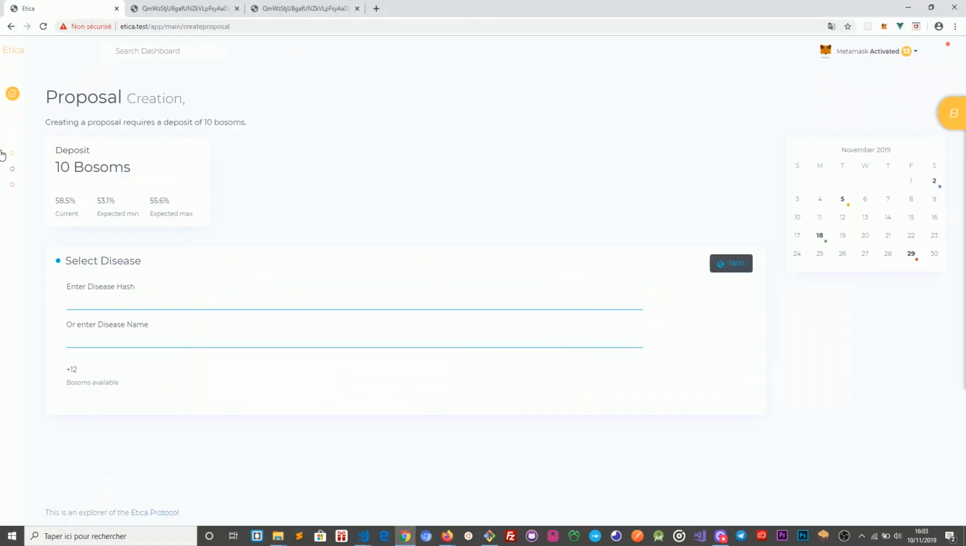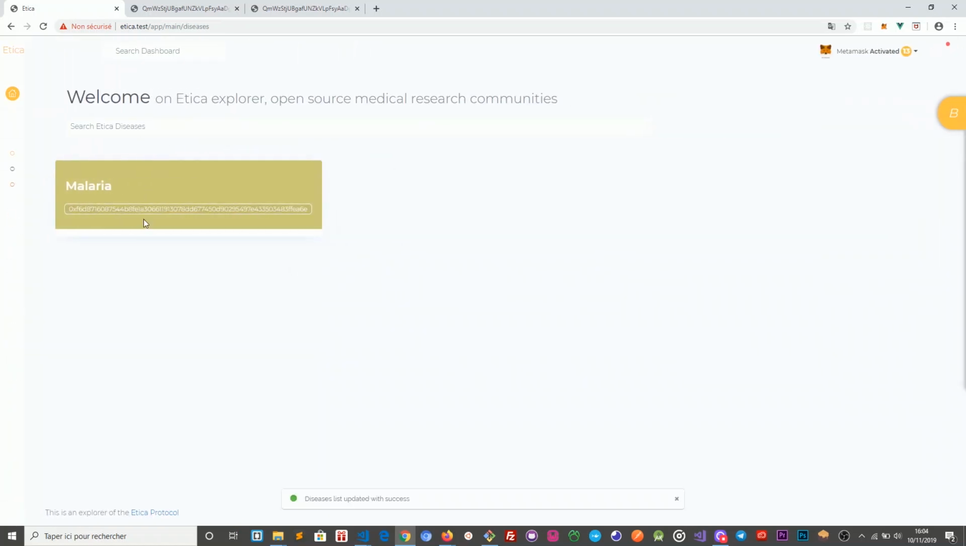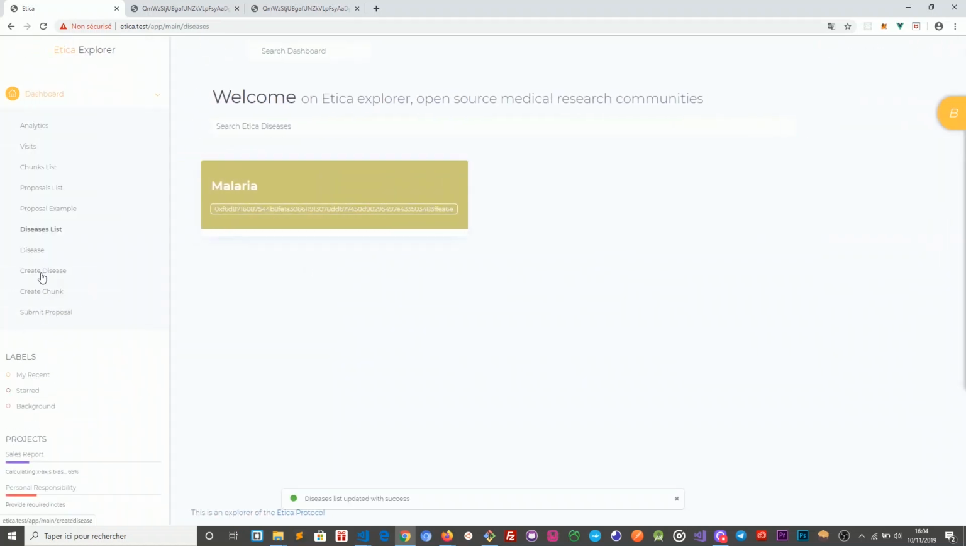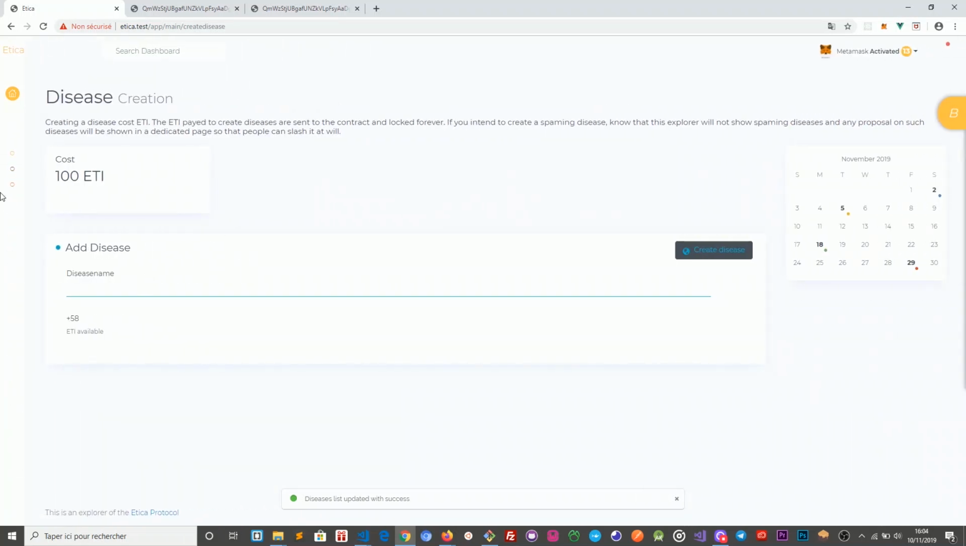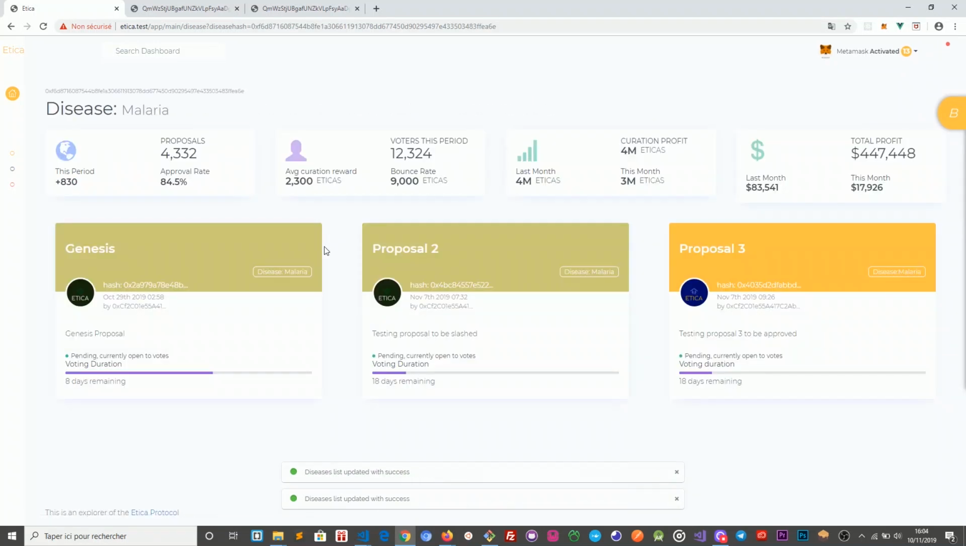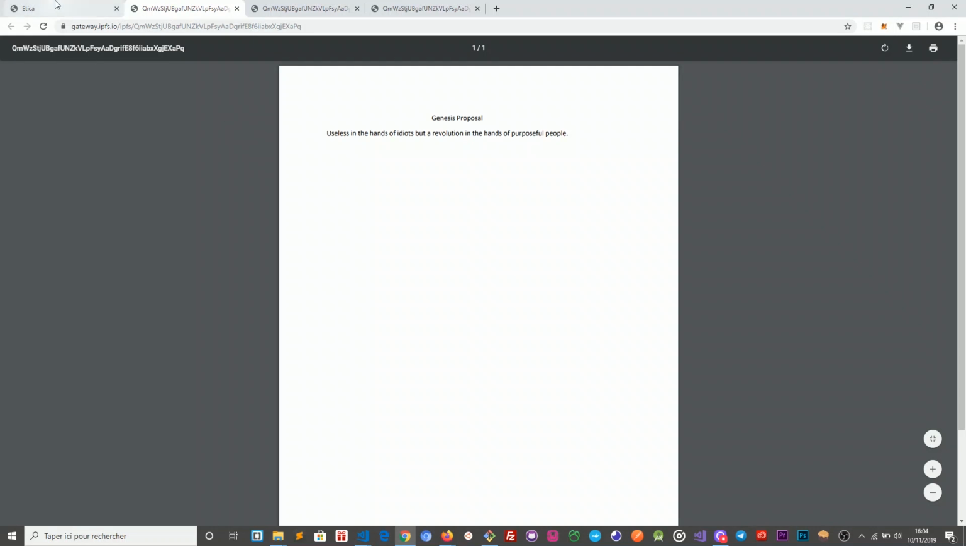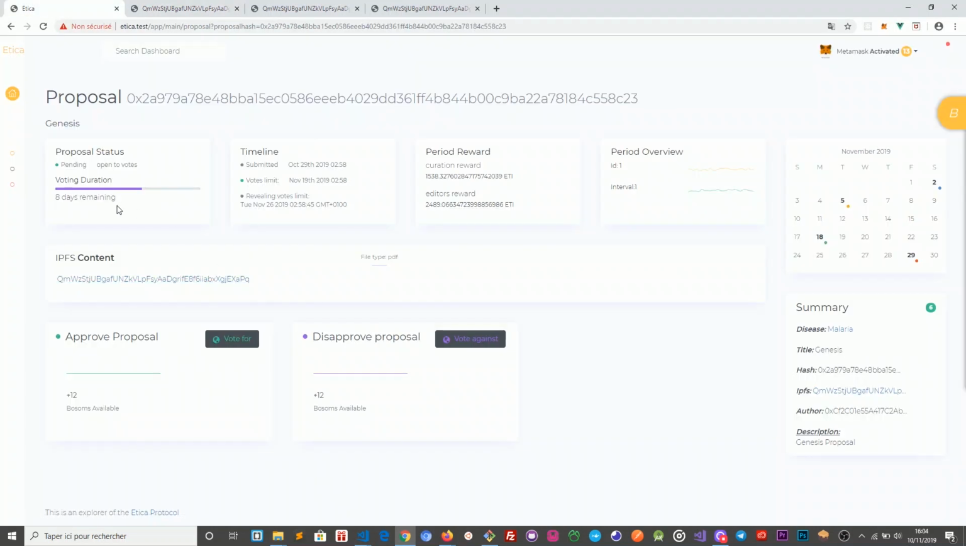So what he would have to do is just to go here and create a new disease. He can go here and create an aging disease, and then just has to go on the disease, and here we would see other proposals. All right, and we would be able to vote for the proposals, or vote against the proposals, and the content would be right here on the IPFS hash. So you see, Etica is truly a potential revolution,